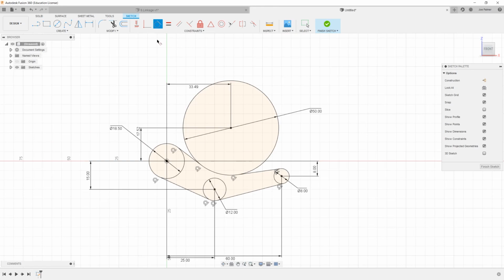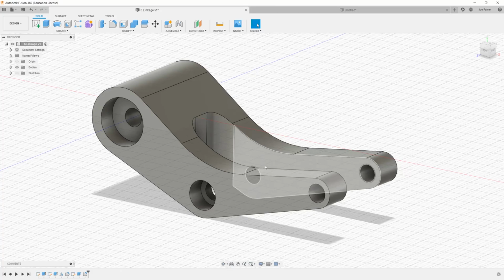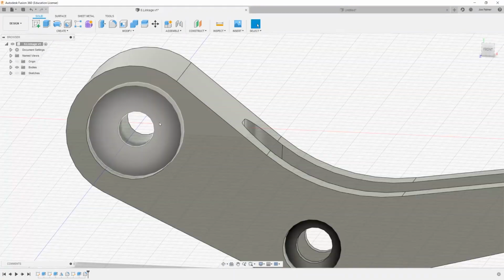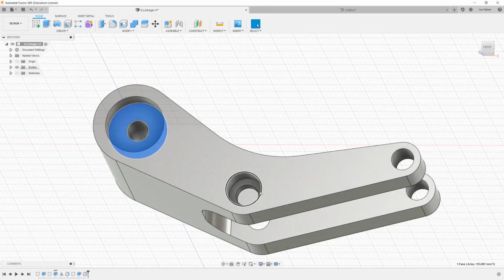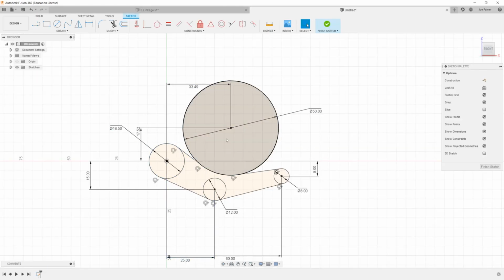And now I can see that all of my sketch lines have gone black, meaning that my sketch is fully constrained. Now, if I look at the other features that I have to create, in these two locations I have bore features, and then I have 3 lots of hole features running through the component. So while I'm still in this sketch, I'm going to create all the necessary 2D information to create those features